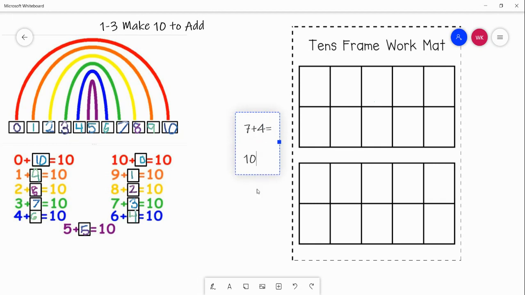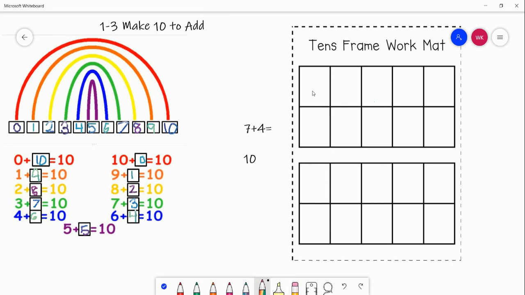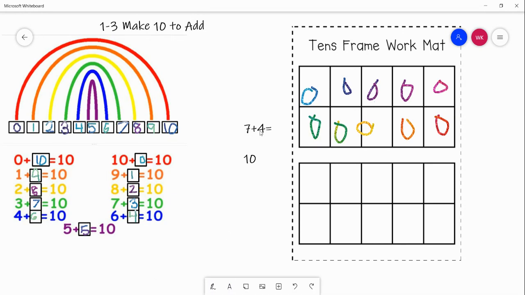So that gives us 10, right? Now I'm going to draw out 10 circles now. Oh, I'm on my eraser. 1, 2, 3, 4, 5, 6, 7, 8, 9, 10. All right. So if we take 3 from 4, if you have 4 and you take 3 away,